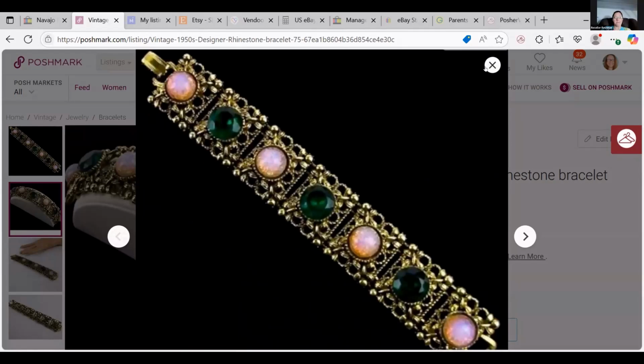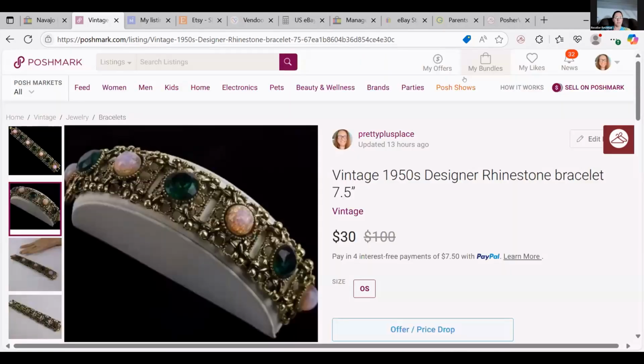And this is not an old designer listing either. If it's not signed, I don't put designer. Is it designer? Is it signed? I'll have to double check. If it's not signed, you can't put designer, because designer means it's signed. Yeah. Hey, Mindy. This is an old listing, so this is very old. So I know I have to fix it, but